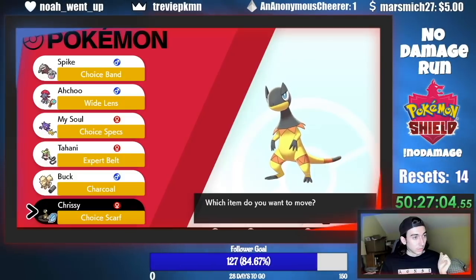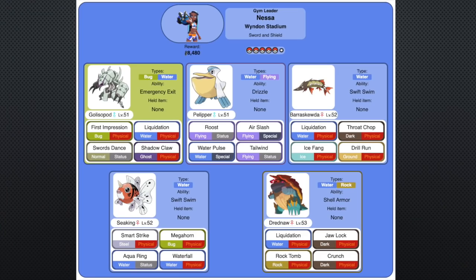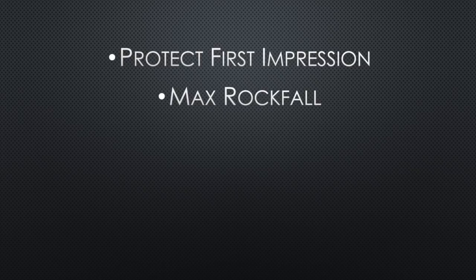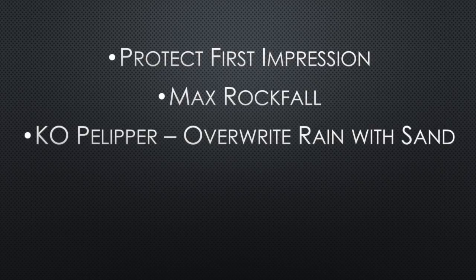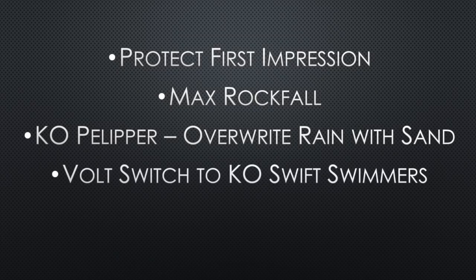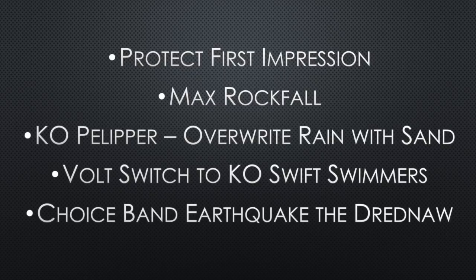I had a foolproof plan for beating Nessa again. Looking at her team, she starts with Golisopod and ends with G-Max Dreadnought, and the other 3 are centered around Rain and Swift Swim. My plan was to Protect to avoid First Impression, then Max Rockfall to KO it. And then when she sent out Pelipper to set up Rain for her Swift Swim Pokemon, I would Max Rockfall again and change the weather. I did not want her to be able to outspeed me. And then Volt Switches on Barraskewda and Seaking, and Choice Band Earthquake on Dreadnought would have been enough to win